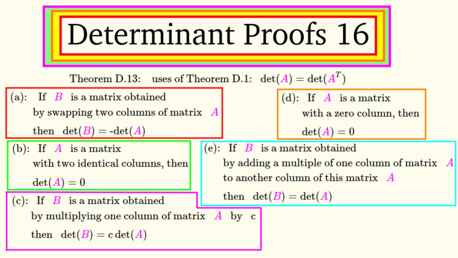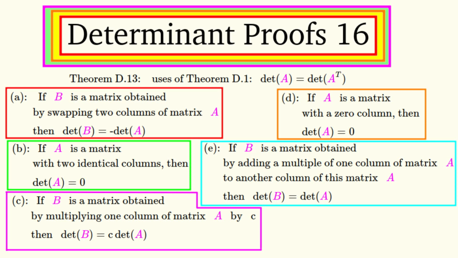In this video we'll explore this theorem that extends the theorems that we proved before from rows to columns. We'll do this by using theorem D.1, but it doesn't automatically just extend these theorems to columns. Theorem D.1 has to be embedded in a well-constructed proof so as to prove this theorem properly, not just refer to it. So here's a sample of some of these theorems that we'll be extending from rows to columns using